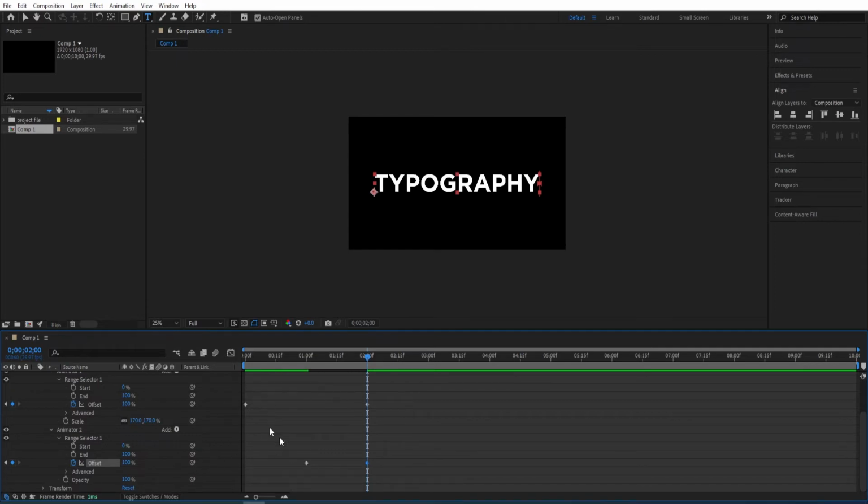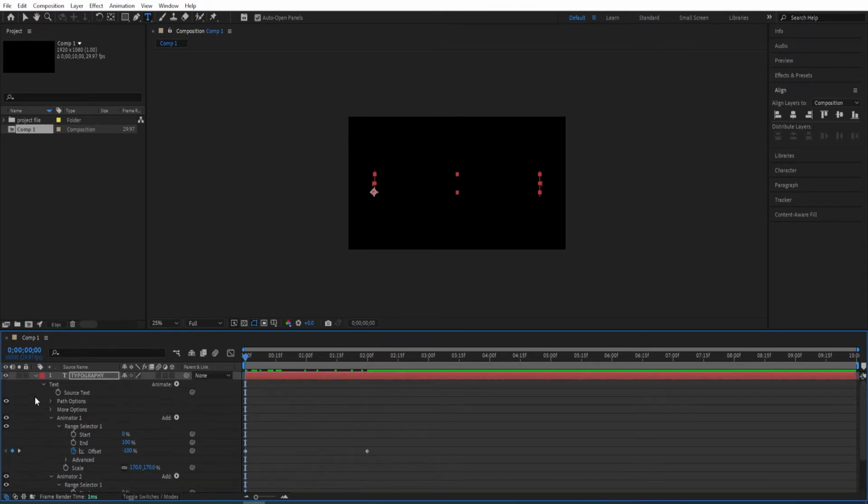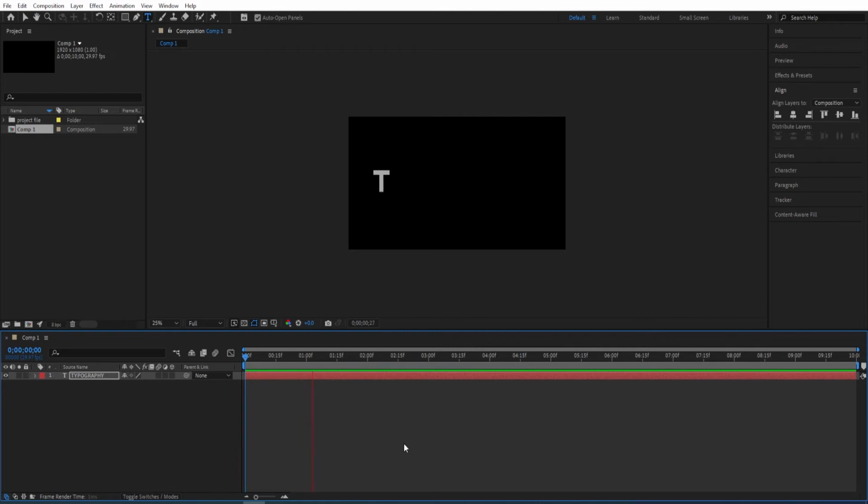So as you can see, nothing happened, but if we decrease the opacity to 0, we will get the effect we want. So let's have a look now. I'm gonna be closing this. So we get this effect,